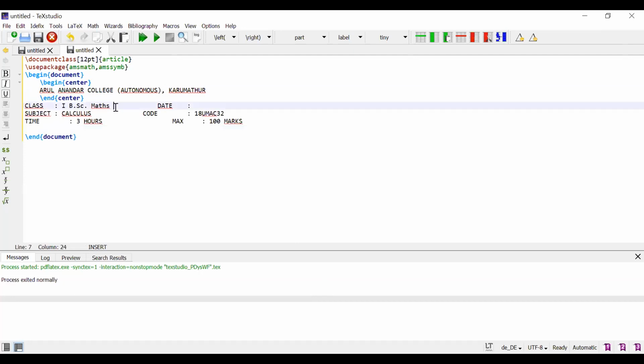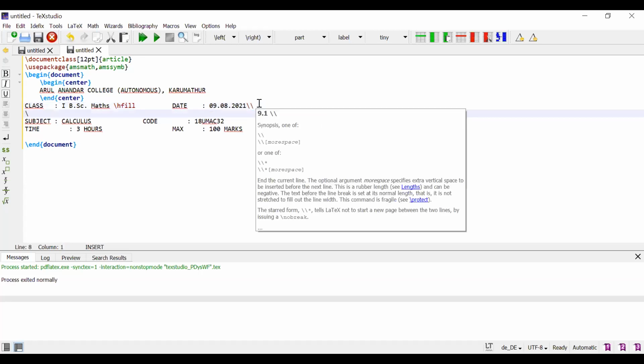Now, I want to leave equal space, so I use hfill. The date is today's date, 09/08/2021. Just leave one space.